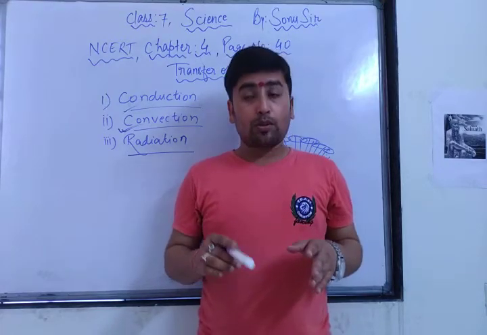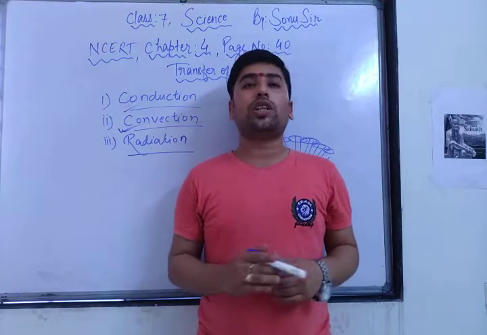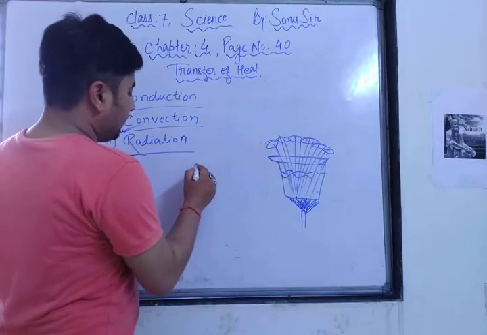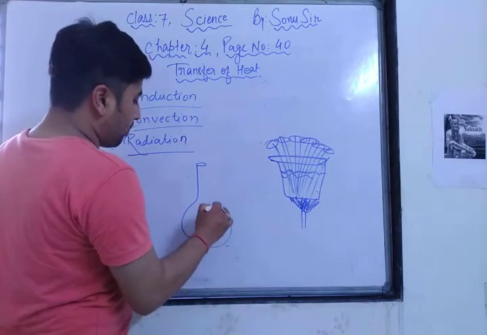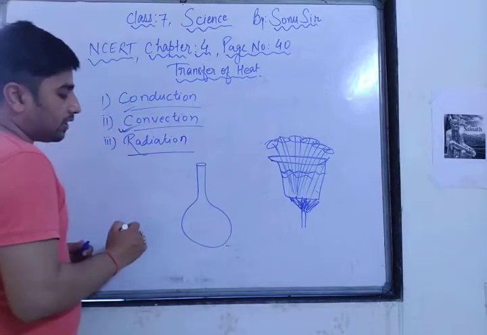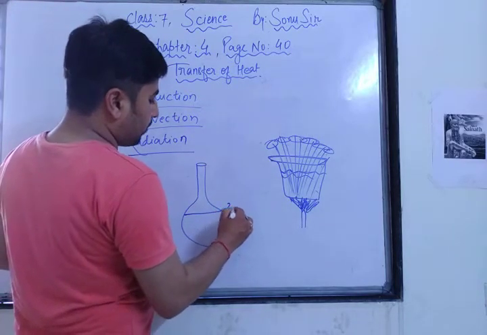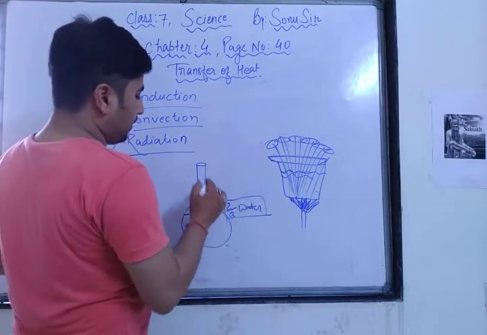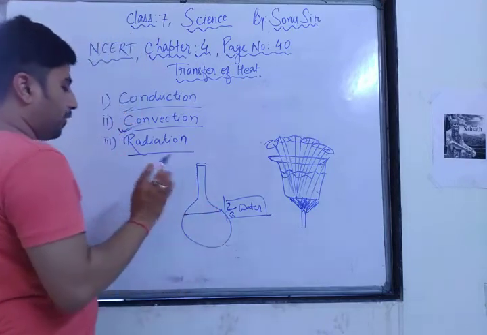Got it? So this is a process called convection, as it is specially mentioned in your textbook that we have to take a round bottom flask or a beaker. So how is the shape of a round bottom flask? I am showing you. This type of flask is called a round bottom flask. In this we have to fill water up to 2 by 3. 2 by 3 means the whole part is divided into 3 parts, and up to 2 parts we have filled with water.